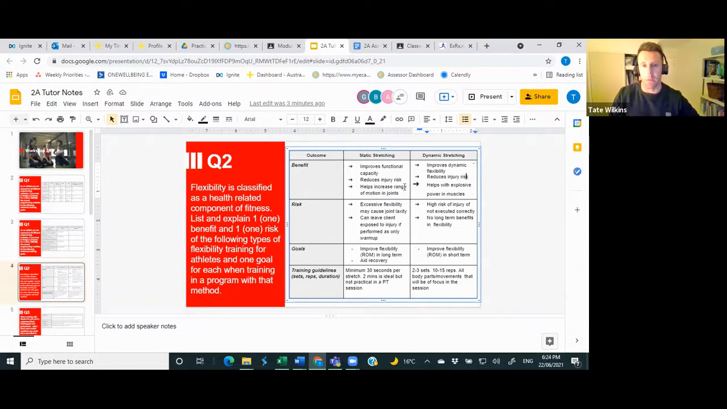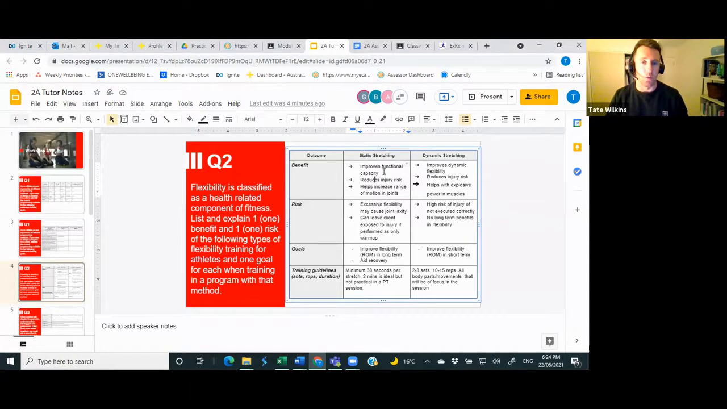So that's some of the examples there. It does say list and explain, guys. I should have put that out. It says list and explain one benefit. I put down 3 examples, so just pick one for each and explain it. We've spoken about reducing the risk for dynamic, and you could explain that by saying it reduces injury risk because it's exposing our muscles to a better range of movement. If we do the static stretching,